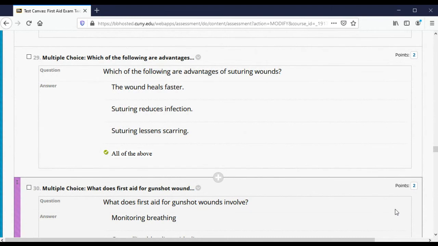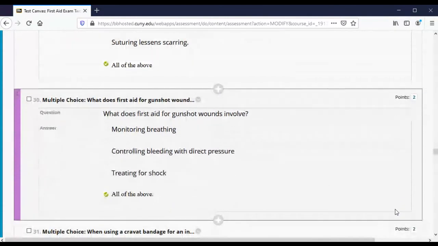The following are advantages of suturing wounds, and the answer is all of the above. The wound will heal faster, more efficiently. It will reduce the chance of infection by bringing the closed edges together, and for cosmetic reasons, less scarring. If any of you go to PA school, NP school, or medical school, it's one of the cooler things